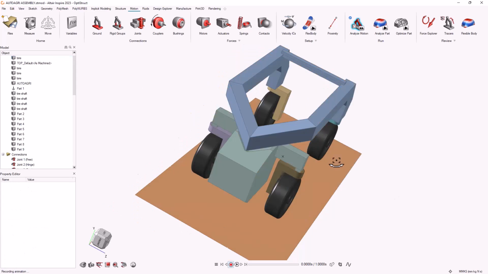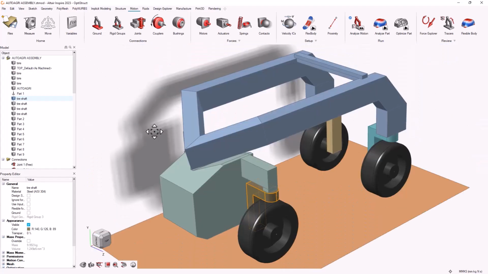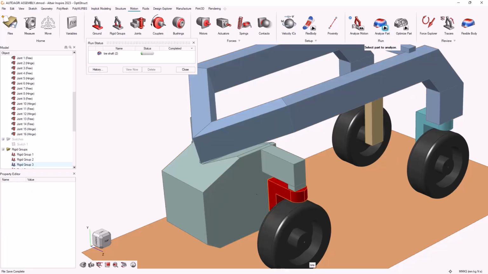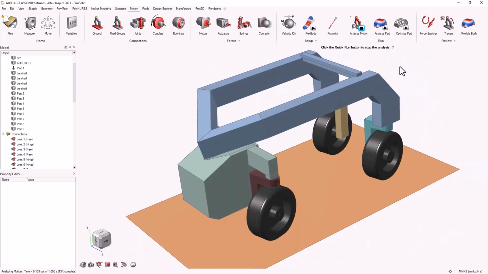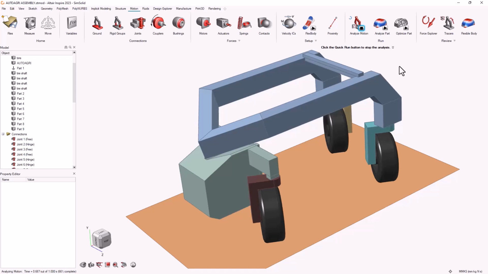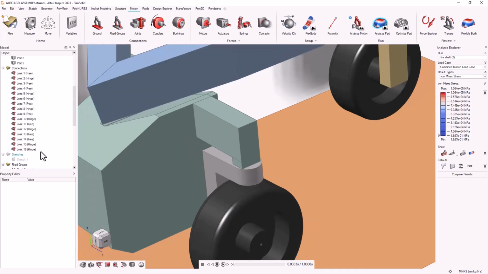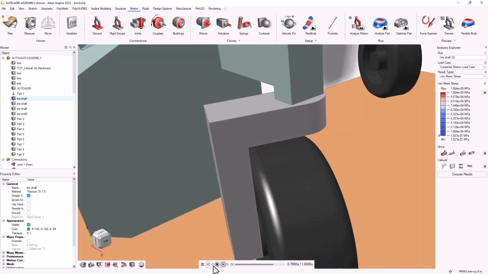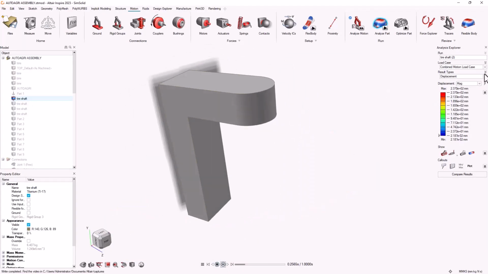One of the hinge joints was selected and an analysis was conducted on it. I made sure to set my analysis solver to SimSolid in order to have faster results. I ran the analysis. The analysis was completed. The result shows that the component can be optimized by reducing its mass without losing its